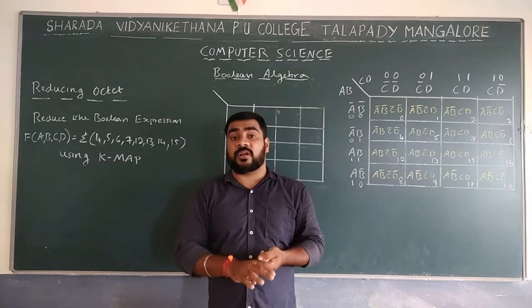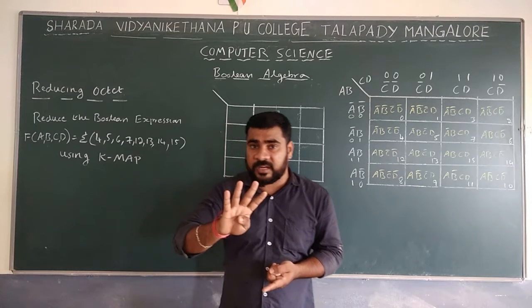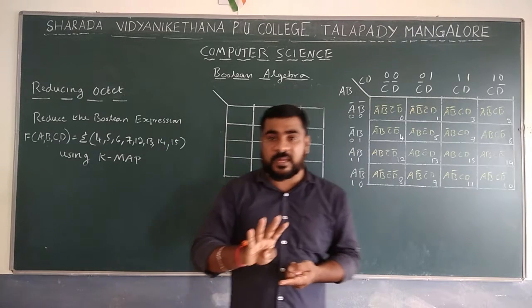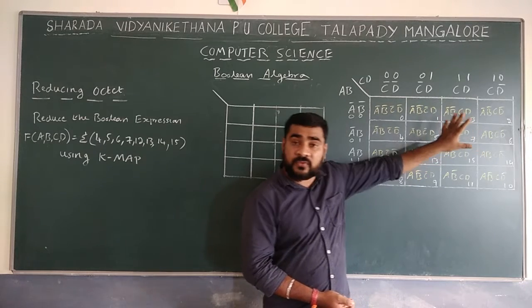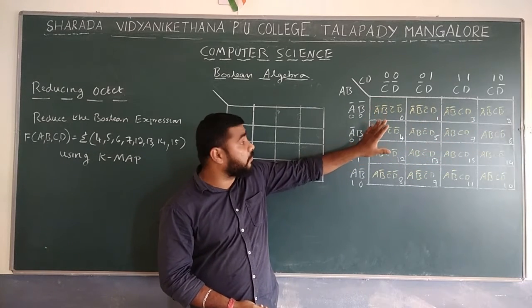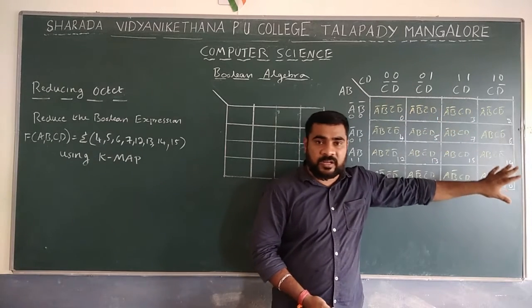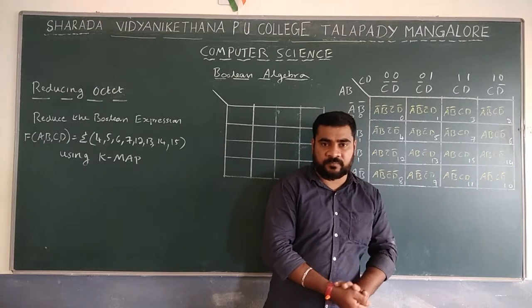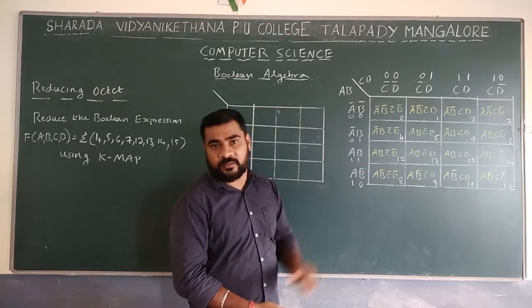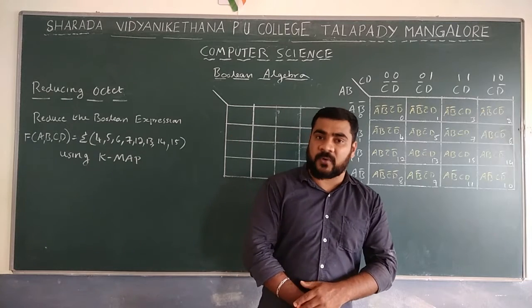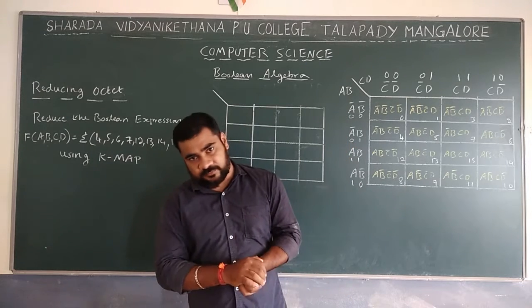First you have to think what the total number of variables is. Here the total number of variables is 4. Whenever the total number of variables is 4, first we have to construct the 4 variable K-map. So it is a 4 variable K-map, the ABCD I constructed. That is not a part of your solution, but it is required. If you know that, then only it's possible to reduce the Boolean expressions.